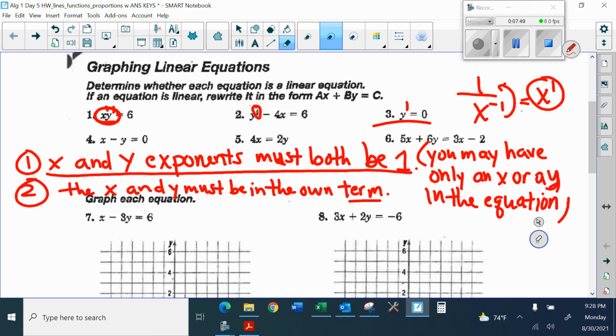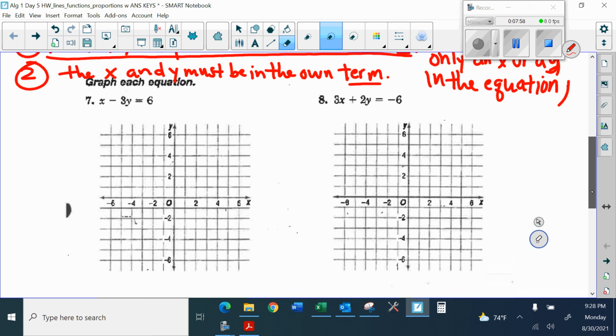Now, we don't have that example here. You're going to see that like in an Algebra 2. You might see it later in Algebra 1, but for sure in an Algebra 2 book. All right, so that takes care of the top part there. Now we graph